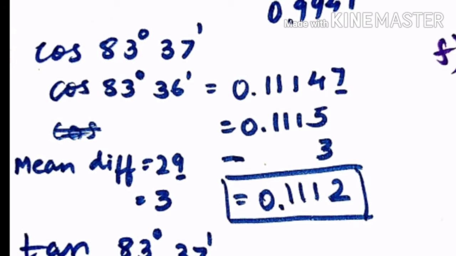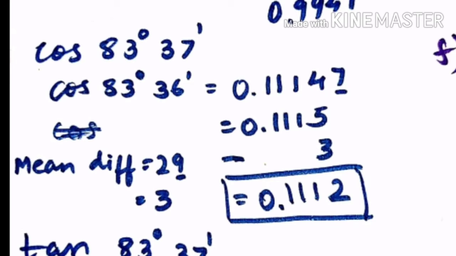Okay. Now in the same line you have to check the mean difference of 1. So the mean difference written is 29 at 1. Why? Because we need only a difference of one minute, 36 to 37. That mean difference 29, again we will round off, that 9 is there, so 29 is near to 3. So I have written that 3 by rounding off the mean difference.